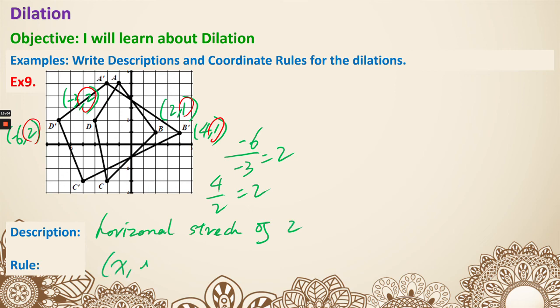Rule: x comma y arrow. In this case, the x is changing, so the x is going to be multiplied by the scale factor of 2, 2x, and then comma y. And that is example 9,